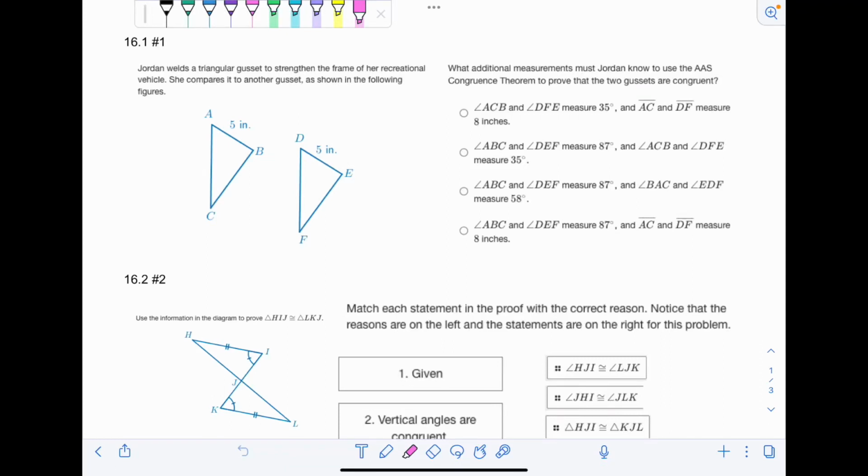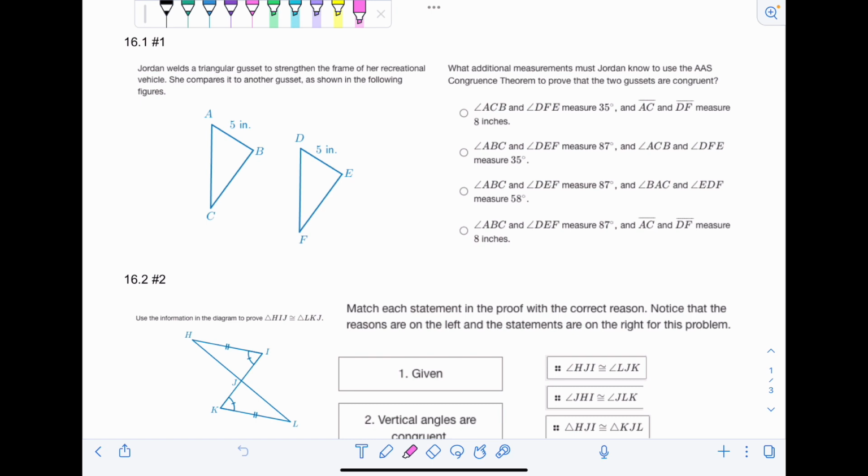This video is going over the workbooks from Geometry's lesson 16. So 16.1, number 1 in the upper left corner: Jordan welds a triangular gusset to strengthen the frame of her recreational vehicle. She compares it to another gusset, as shown in the following figures. So there's triangle ABC and then triangle DEF, and then on the right side it says,